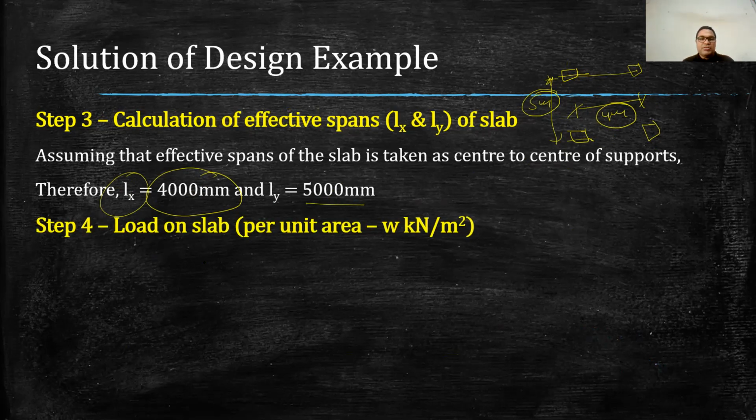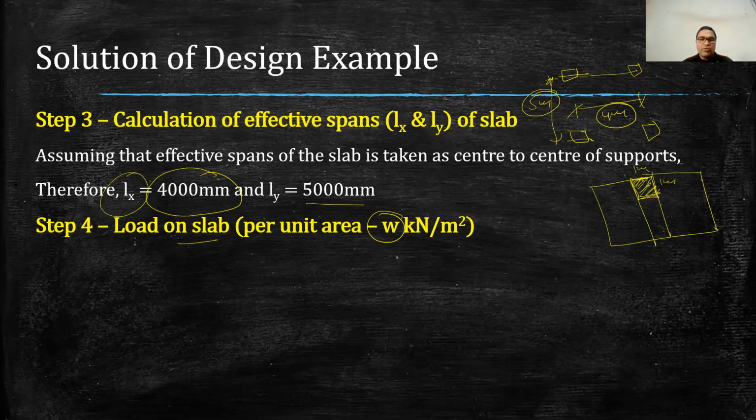Now our next step is to calculate the load. Now load value is already provided in the question. So based on that value, now we will find out the value W. So I have already explained that in the previous lecture also, because we design slab as a unit strip. So basically we actually find out UDL at unit meter square. So say this is 1 meter and this is 1 meter. So basically we find out load value on this unit area only.